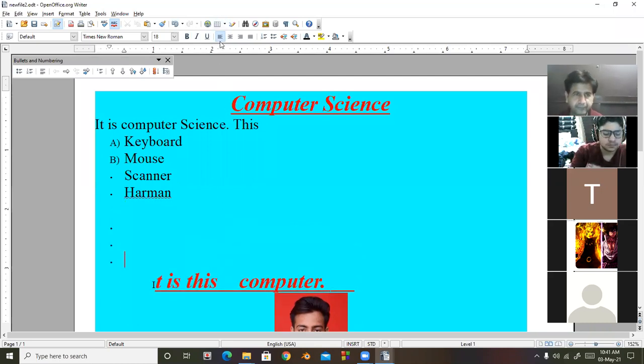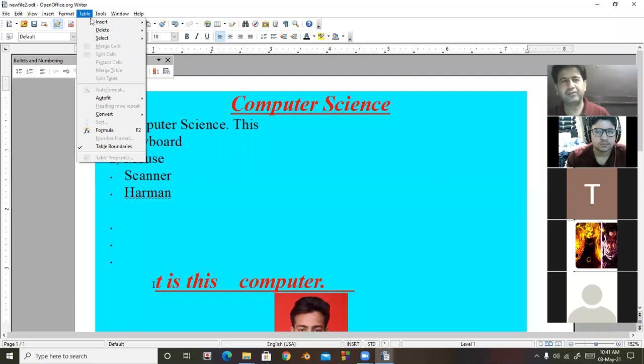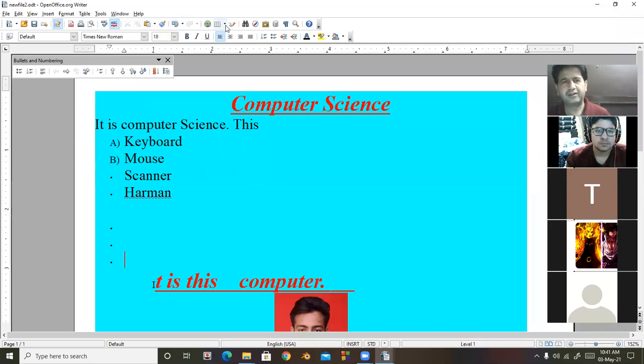There is another feature in Writer. I'm just giving a review of Writer. In PT2 we will discuss this in detail. In case you want to insert a table, there is a table menu, insert table, or there is a table button available in the standard toolbar.